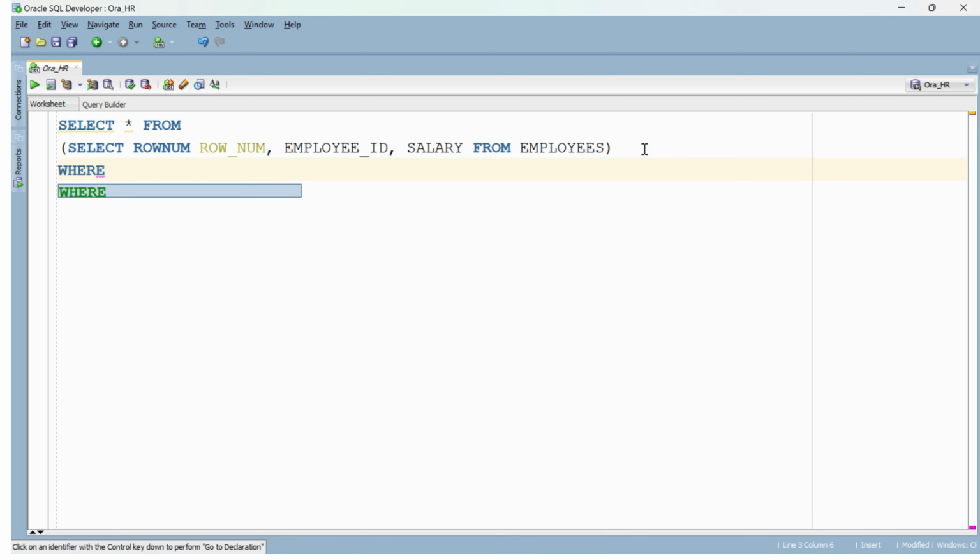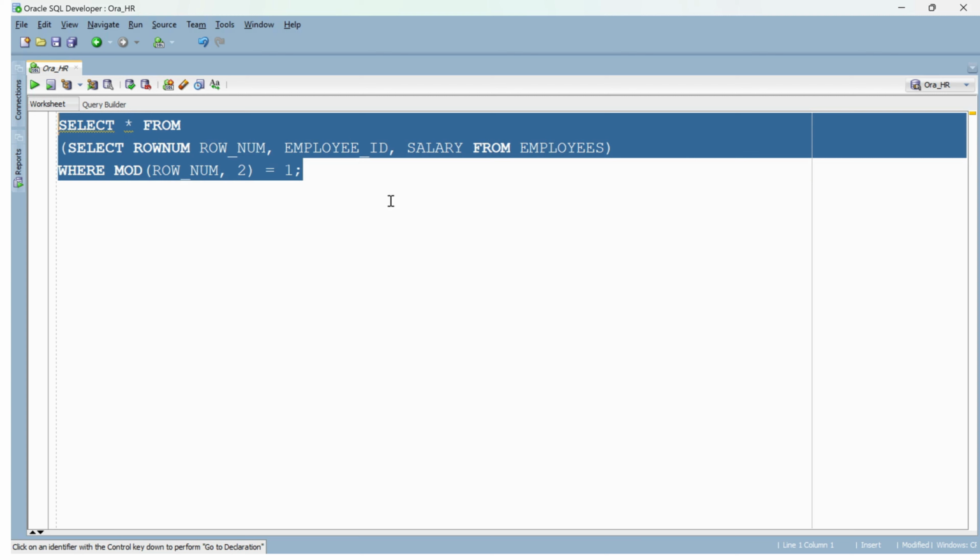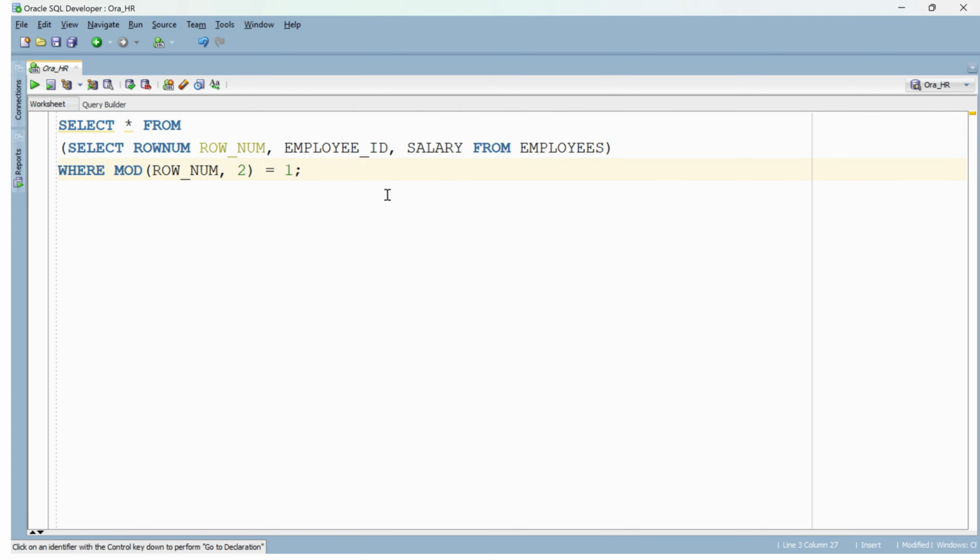Now, here comes the interesting part. We're using the where clause to filter out the odd rows. The mod function helps us achieve this. We're checking if the remainder of dividing the row number, row num, by 2 is equal to 1. If it is, the row is considered odd and will be included in the result. So, when we put it all together, this code gives us a result set containing only the odd numbered rows